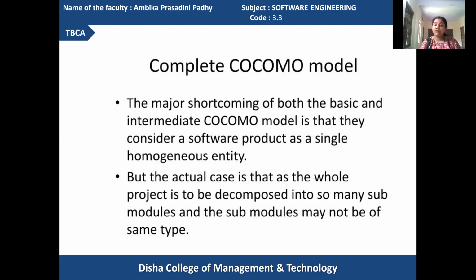Here, in case of your complete COCOMO, your product modularization is performed basing upon the information available in the requirements part.